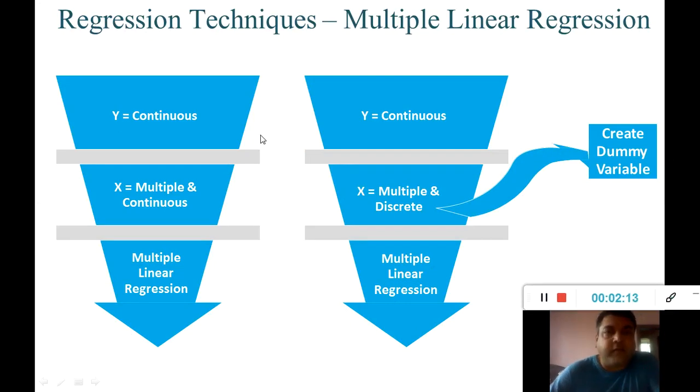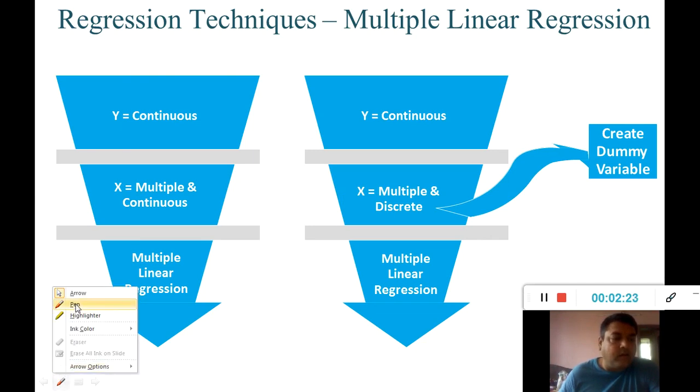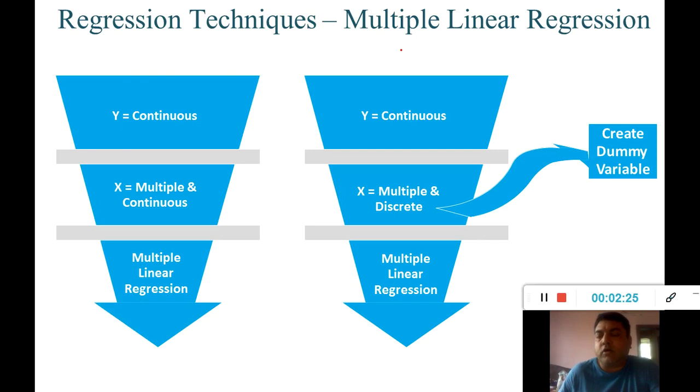What we have understood in the last session is what multiple linear regression is. Before that, we saw the theoretical discussion on simple linear regression and also the case study on simple linear regression. In linear regression, your y will always be continuous. Your x in simple linear regression used to be single, but in multiple linear regression it will be multiple.